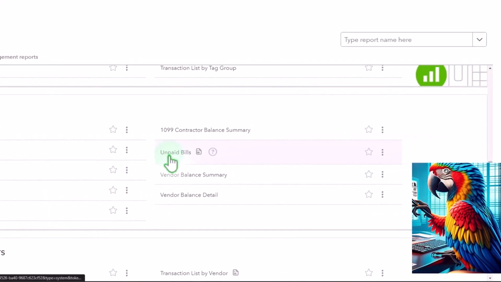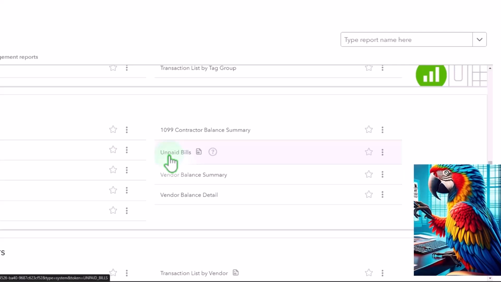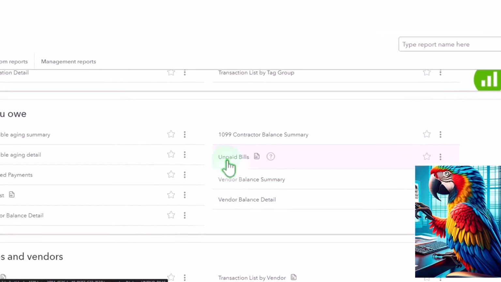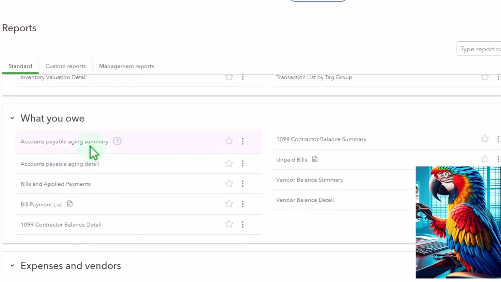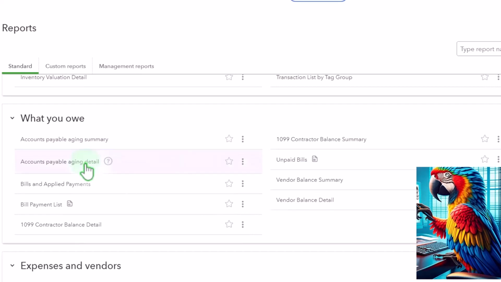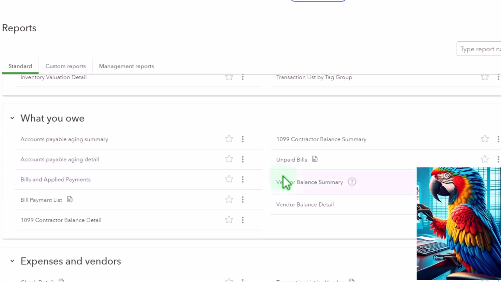Unbilled, unpaid bills. These are the bills that have been entered, which increase accounts payable, that have not yet been paid. Therefore, you would think this report would be similar to the accounts receivable detail or aging detail report. And then we have the vendor balance summary and the vendor balance detail. Now, I should have said that these two reports